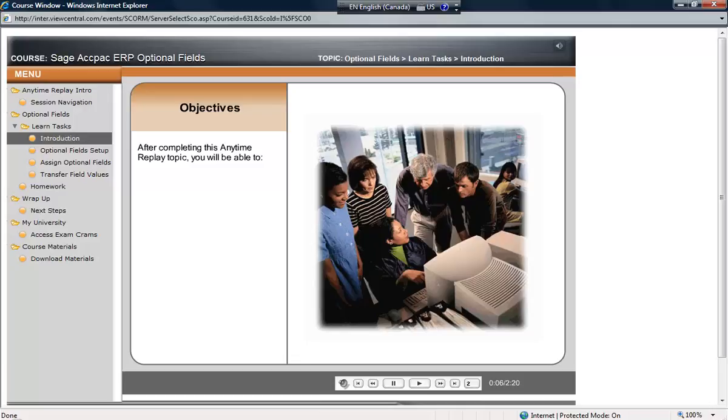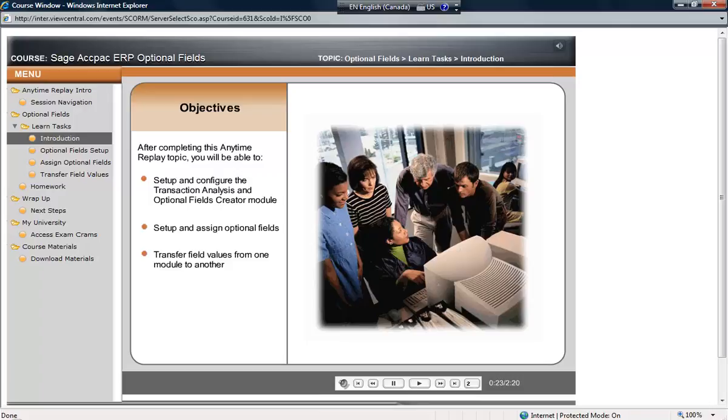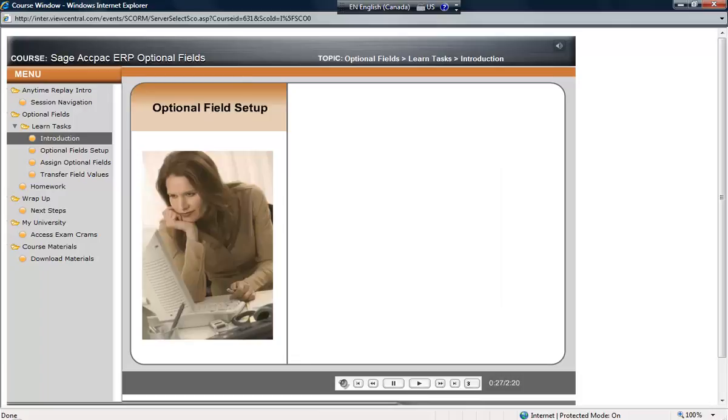After completing this topic, you will be able to set up and configure the Transaction Analysis and Optional Fields Creator module. This is a separate module that operates with all core Sage Accpac applications. Set up and assign optional fields in the modules themselves, and learn how to transfer field values from one module to another. Before we get into the module, let's discuss the setup process of the Transaction Analysis and Optional Fields